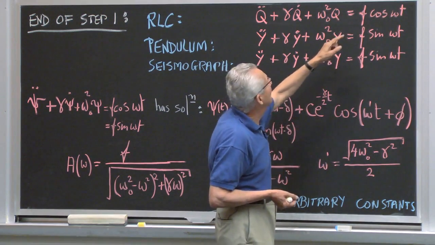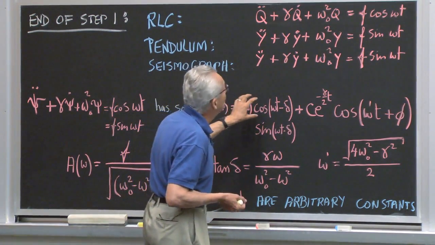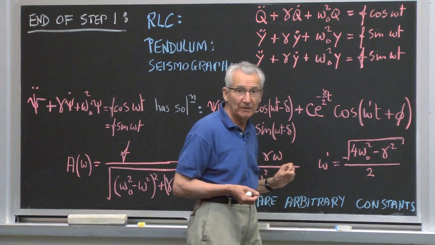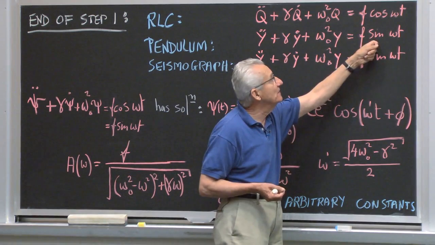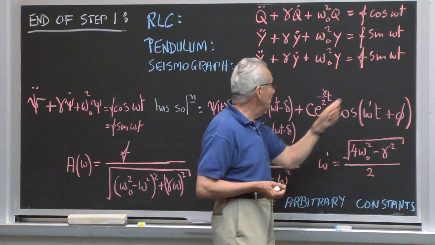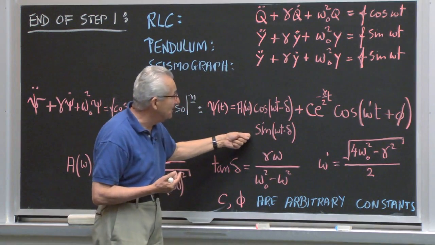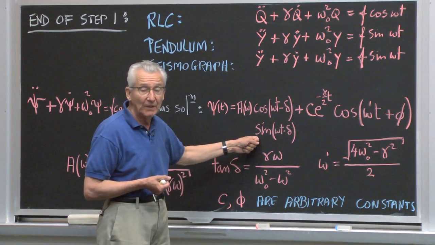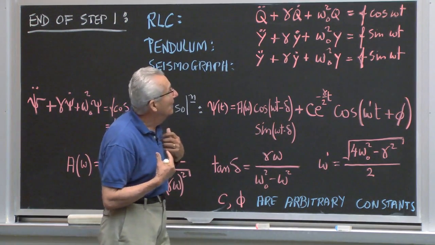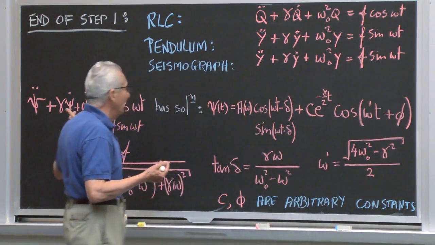So if this equation I've written here is a solution to the cosine part, if my driver has this phase, in other words, sine omega t, then the answer will be displaced with respect to this one by that same phase. So instead of having a cosine here, you have a sine. So from my perspective, these two are identical equations, and the solution for them is identical.